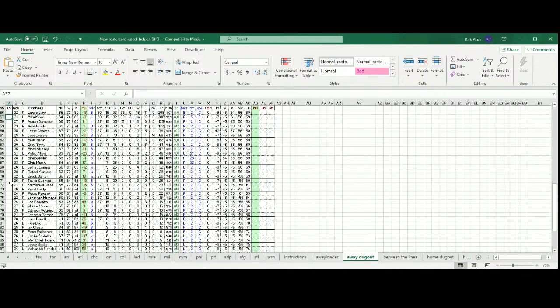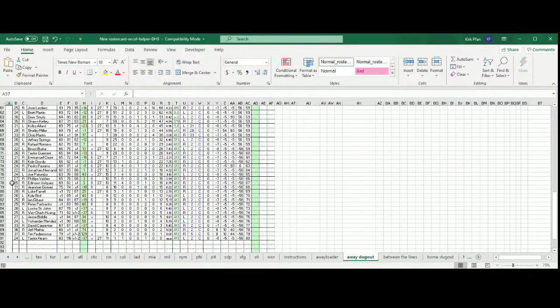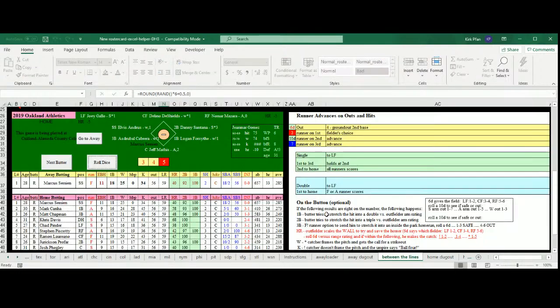Jamar Gomez, there he is, and we just put a P there. Let's make it a capital and hit enter. All right, between the lines, and there's Gomez. All right. So bottom of the 6th,